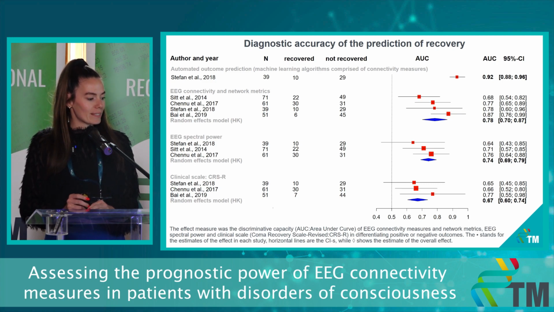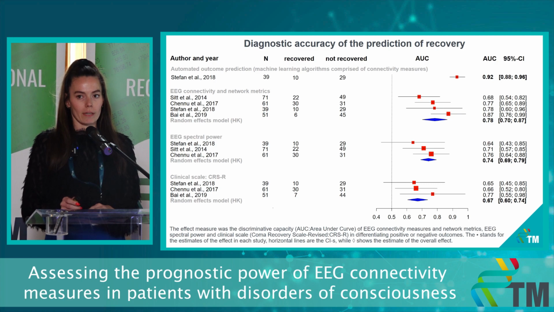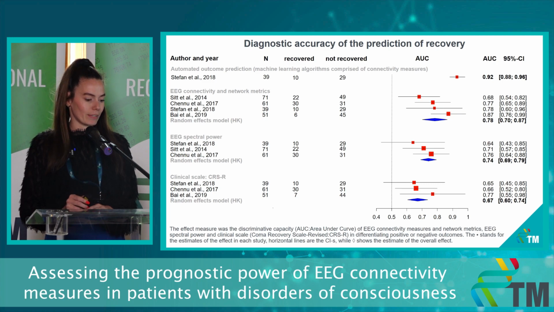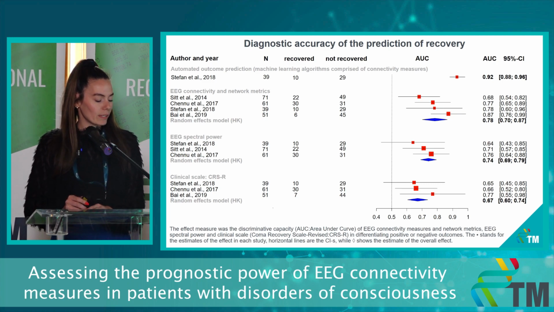And we can see that the AUC of the EEG connectivity measures and network metrics is 78%, which means that it correctly diagnoses 4 out of 5 patients. The AUC of EEG spectral power is a bit lower, but not significantly lower, nor of clinical significance. It's 74%, while the AUC of the clinical scale is